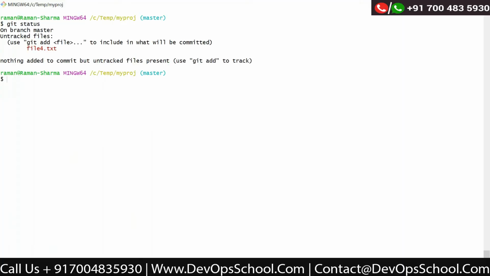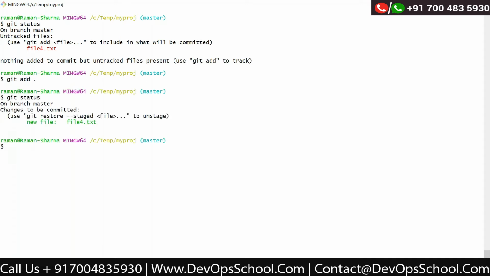git status, and if I say git add dot, so once the file is in the stage area, then you can run the git commit command. git commit -m. -m is the mandatory option, which is for the message, because whenever you are doing a commit, you don't know what commit it is, because it will give you the commit ID, which is unique, but that is not meaningful, and you want to say that this commit is for that purpose, so you need to enter the message here.